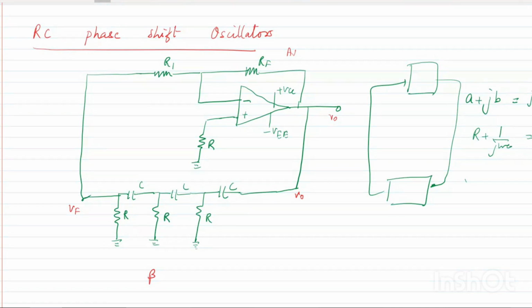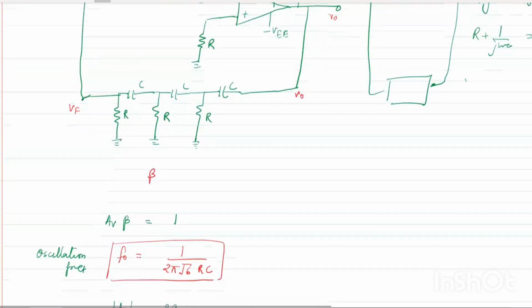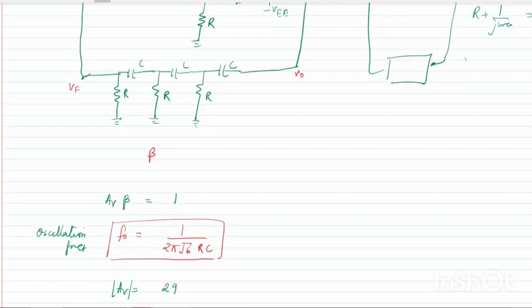You are not going to give any input and depending on the frequency of this RC component, you will get the output signal. Okay, so I told you that for this, we are going to take the condition as A B beta equals 1. And if we find with this condition what is F naught, so F naught you are going to get is 1 by, just a second,